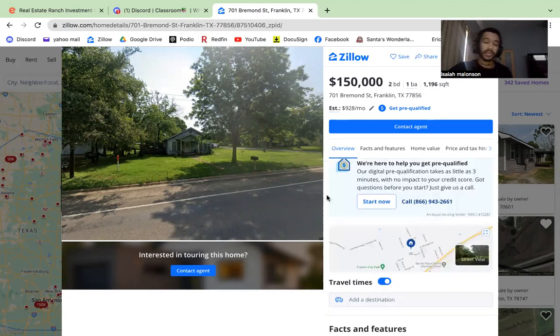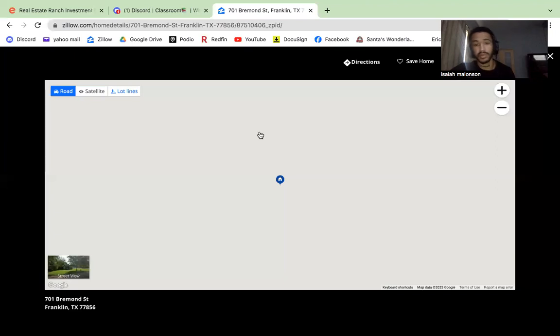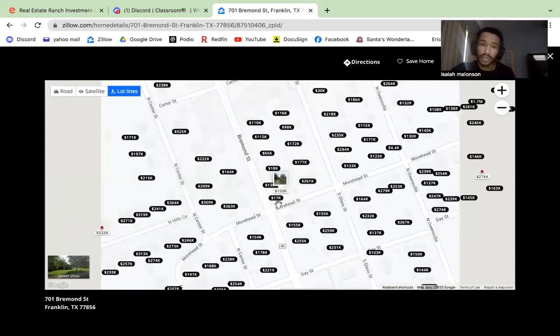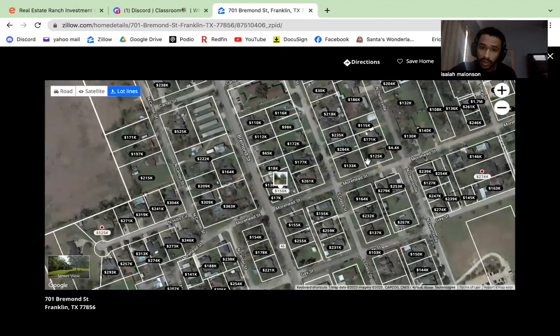That lets me know that the property does need a little bit of work. I'd open up the maps. So keep in mind, it needs a little bit of work. Press on lot lines. I'd say, all right, just at a quick glance, we got like 280, 250, 230, 160. We got 112, 110. So I'd say the ARV is in the middle of like